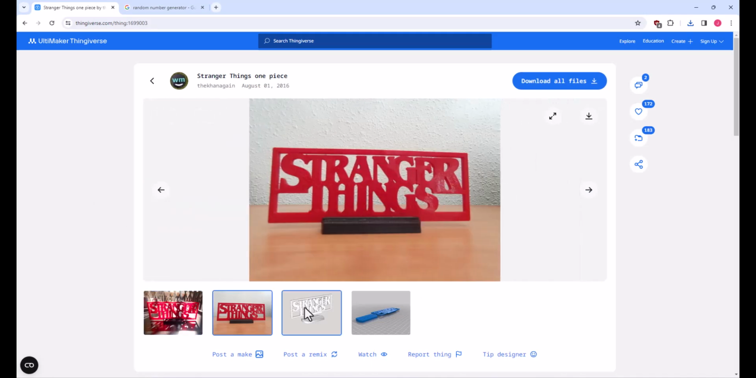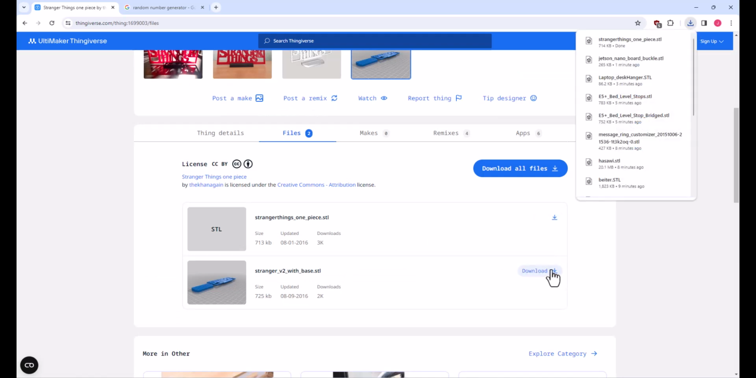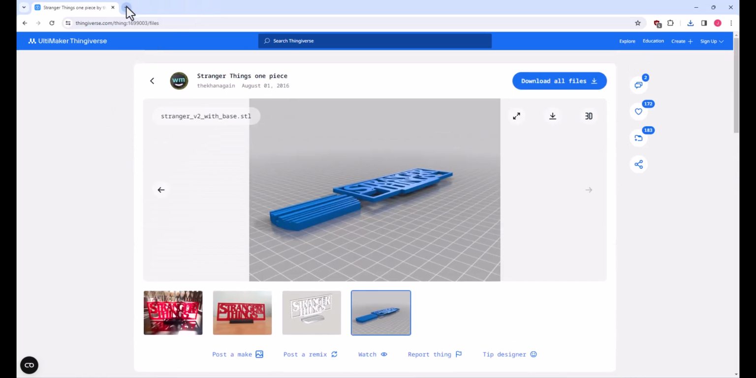This is really cool. Here's a one-piece STL, and here is a separate piece STL. This is an interesting one. I would like to look at this. Okay, I think we have enough parts. We have quite a few to look at. So I think at this point, I'm going to leave this, and I'm going to open up